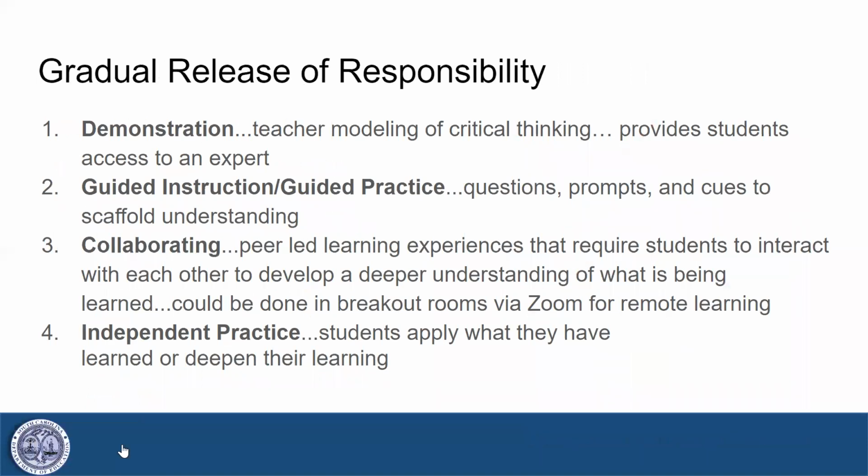Notice how this looks very much representative of gradual release of responsibility. It begins with teacher modeling and works through guided practice, collaboration with the teacher and with each other, all the way to independent practice. Independent practice would be what the students are doing remotely at home. And remember, it should be connected to the classroom work, that unit that they're working on in school.